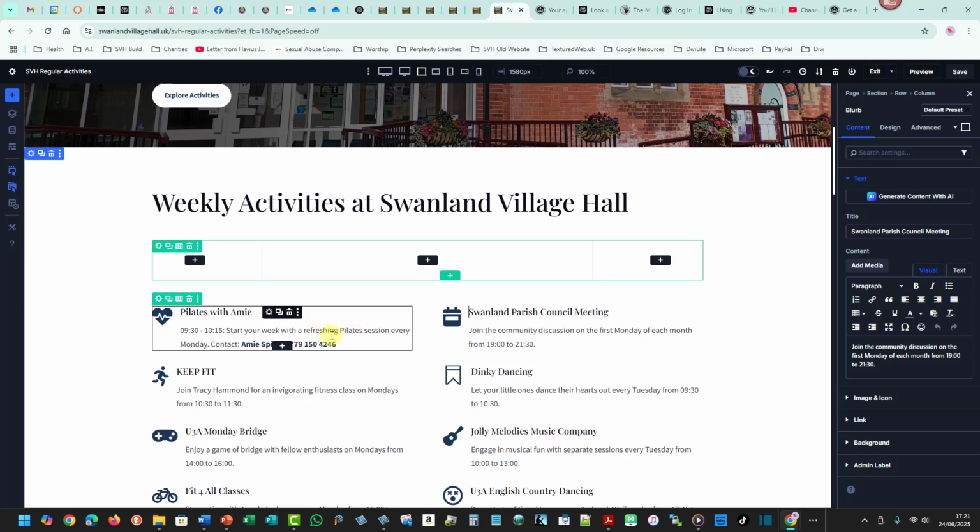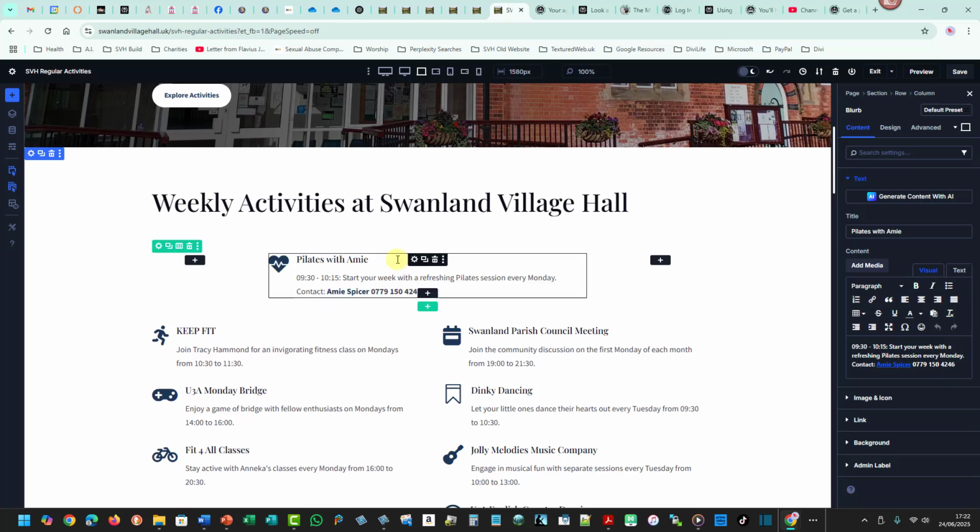At this moment in time, I'm seeing a 4-way arrow because my mouse is going over an object. If you're seeing in this recording just a normal mouse with a highlighted bit of yellow over it, that's not what I'm seeing at this moment in time. I'm seeing a 4-way arrow, a bit like pointing to north, south, east and west, and that means that the object is ready to be dragged. Okay, so I'm going to click and drag and then drop that into there,